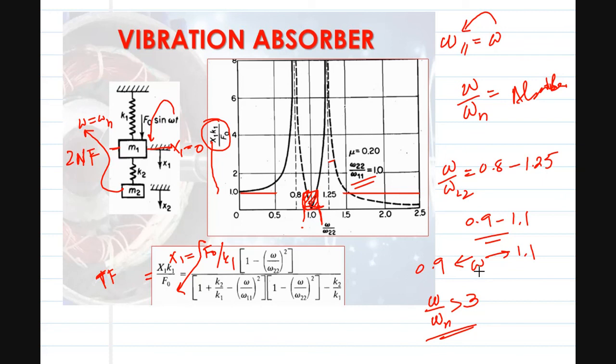But in certain cases, like the building I told you about, because you have a variable wind velocity, you have a variable frequency, and maybe they find out that in certain scenarios it can become equal to one of the structural frequencies of the building. In that particular scenario, you can't change omega n, because it's a very large building, you can't change stiffness and mass to a huge value. Similarly, you can't have freedom over omega. Why? Because omega is due to the wind and you can't control the wind speed. So what can you do then,